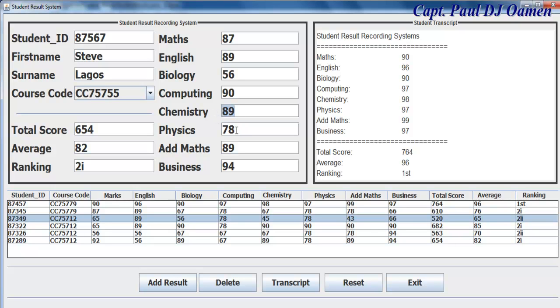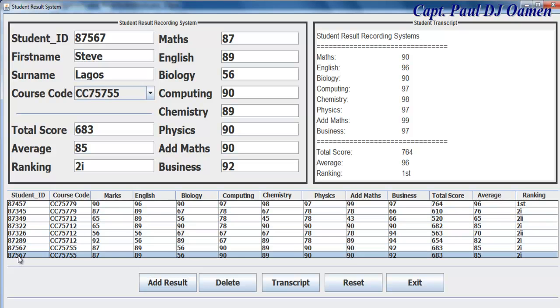Okay, we leave that at 89 and there. Good businessman. So let's say 92 there. All we just need to do is click on add. There we go. Supposing we mistakenly add another details of Steve, we can always highlight and press delete there